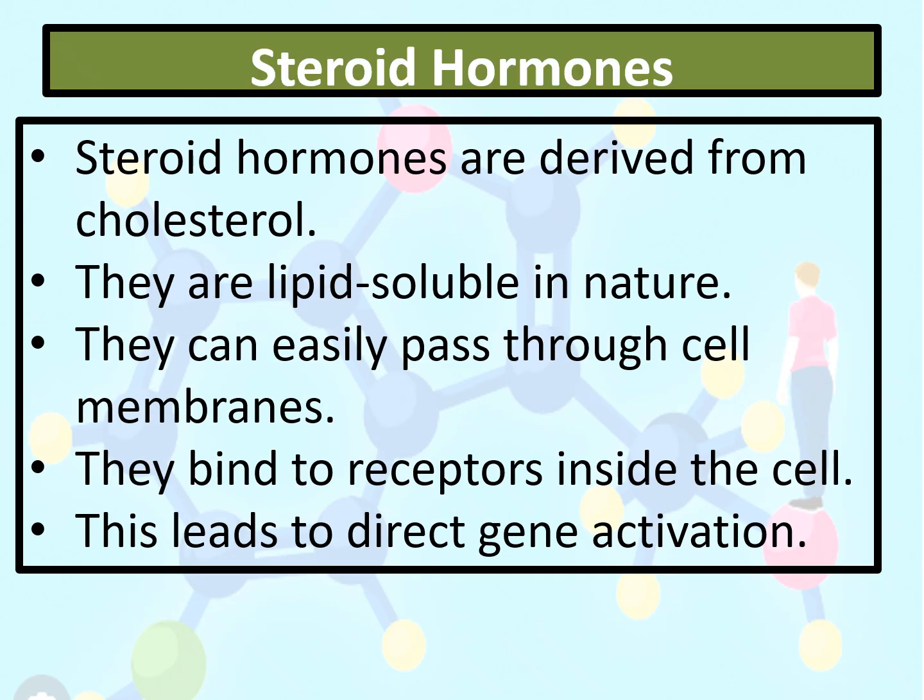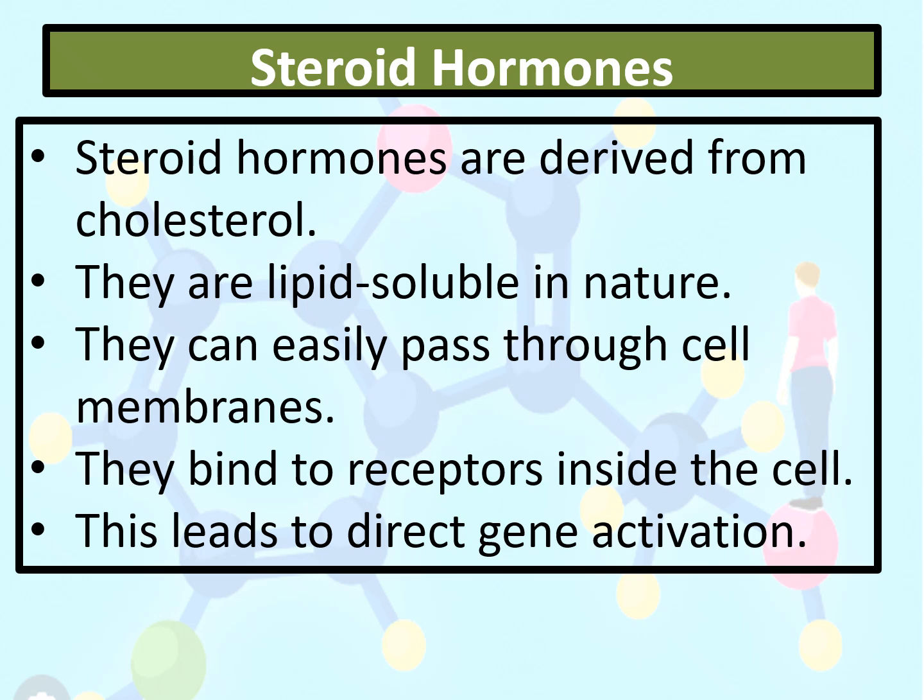Steroid hormones, as we have already seen, are derived from cholesterol, which is one of the major lipids. So these are lipid soluble in nature. Since these are lipid soluble, they can very easily pass through the cell membrane. Whereas the peptide hormones, since they are water soluble, are unable to pass through the cell membrane. So they bind to the receptors on the periphery, the outer side, and then they activate the secondary messenger cascade inside beneath the cell membrane.